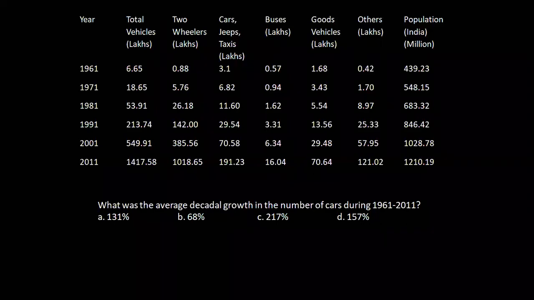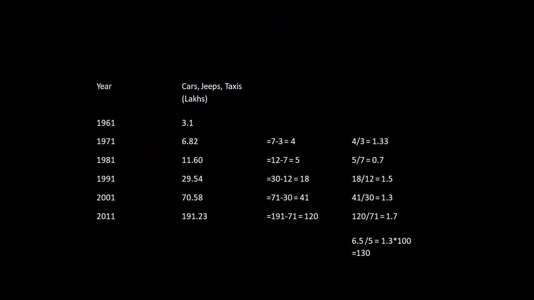That means we have to take all the details from the year 1961 to 2011, a 10-year data interval. So when we record it, we have to find out the increase, how much it is, and then divide it by the previous decade's figure, and we will get the decadal growth. And then we are supposed to take the average. I have taken the years and the data. I repeat once again, you need not record all these details in your rough work. Take only the increase or decrease by taking the years.